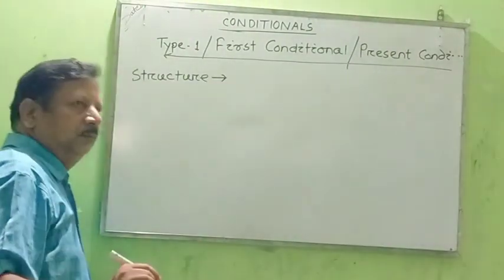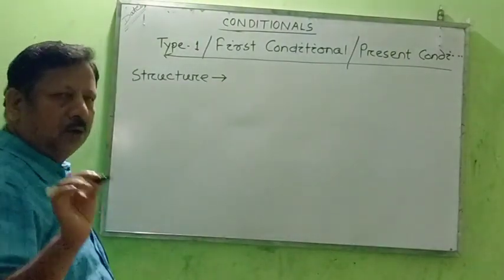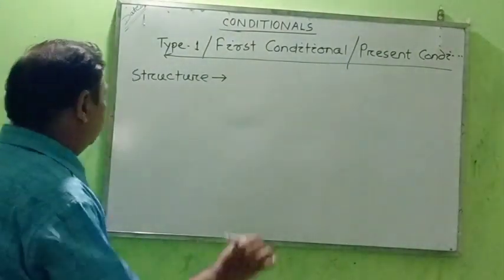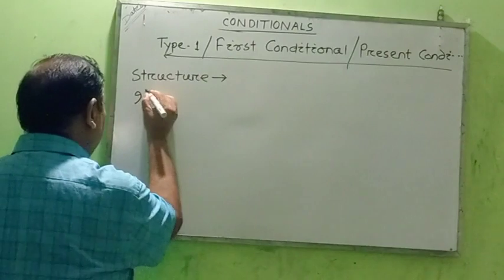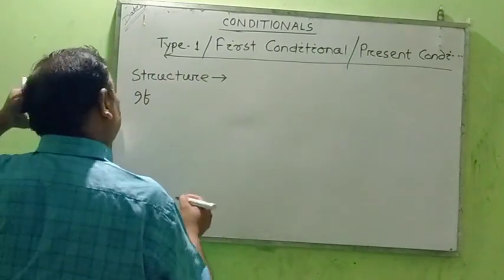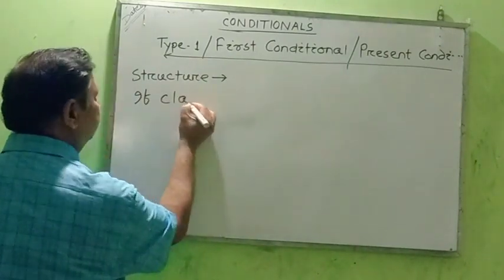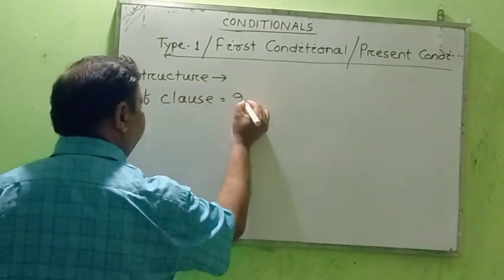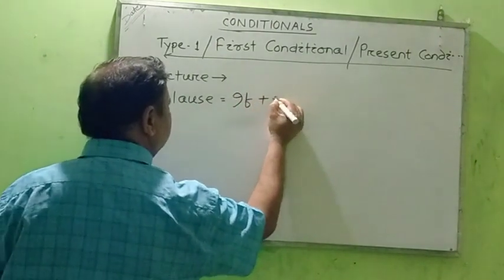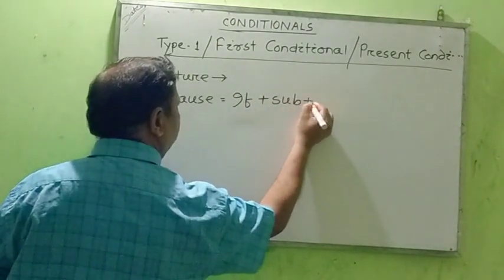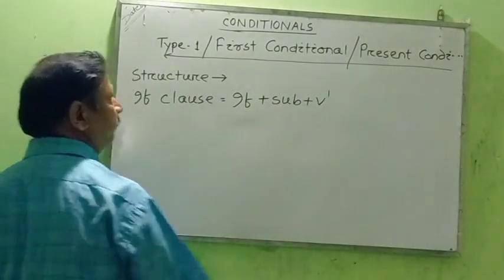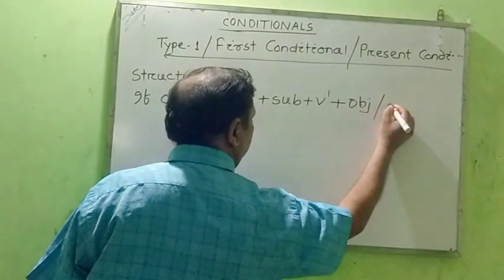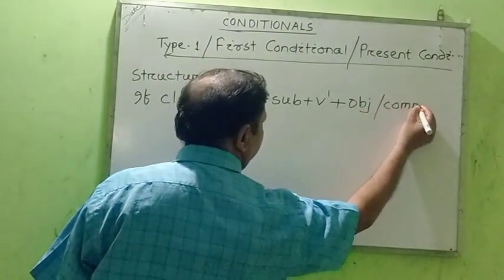You know that two clauses are there. One is called the if clause and another one is the main clause. So first of all, let us know how the if clause is made here. If clause is equal to if plus subject plus verb 1 plus any object or complement, if there is any,